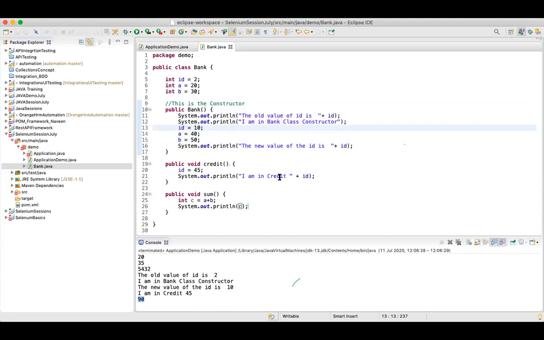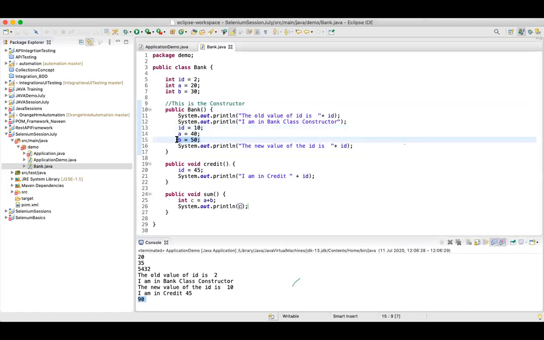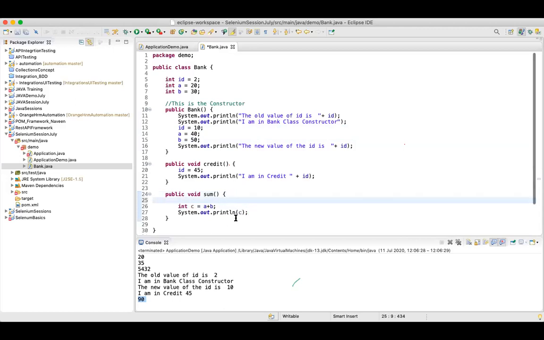Confused why it printed 50 initially? When did it print 50 first of all? I never saw it printing 50. Did anyone see it printing 50 over here? It never printed 50. It is always printing 90. So the value is getting reassigned, and when you assign the new values, it will add based on the new values. And here also, if you want, you can update those values and print that.